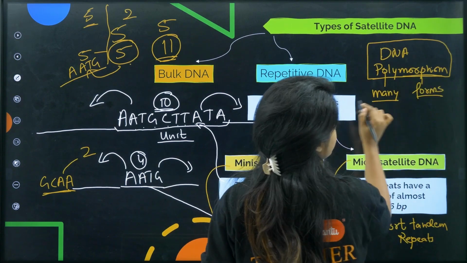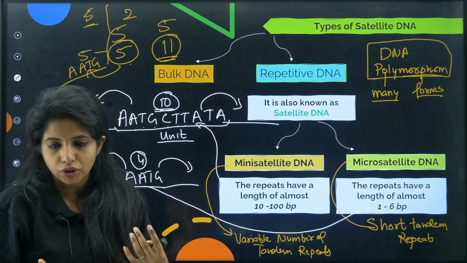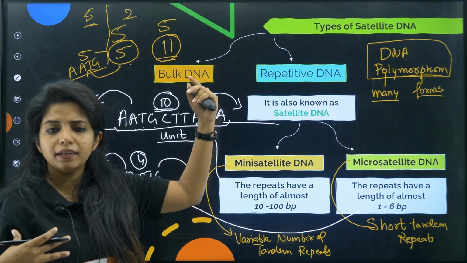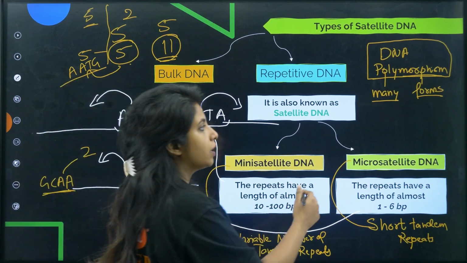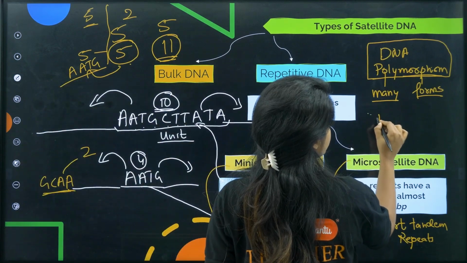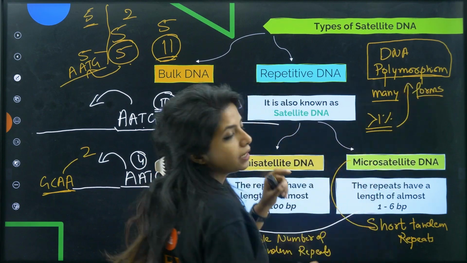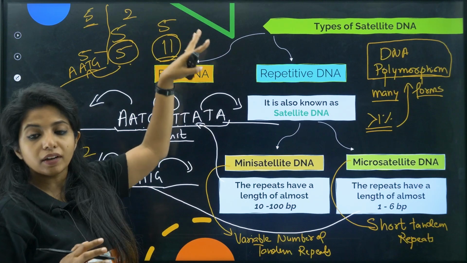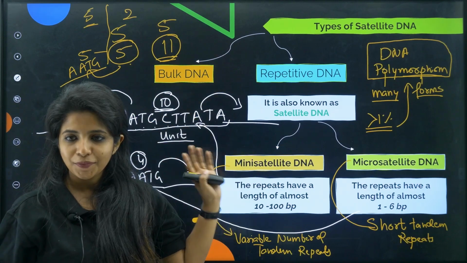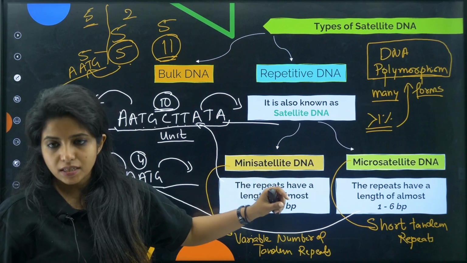We have so many different forms, in ways that we are very different from each other. When these mutations are passed on generation to generation, and more than 1% of the people have this mutation, I call this an example of DNA polymorphism. There are different forms, one has 5, another has 11, and things like that. Okay, cool. So this is about the repetitive sequences.